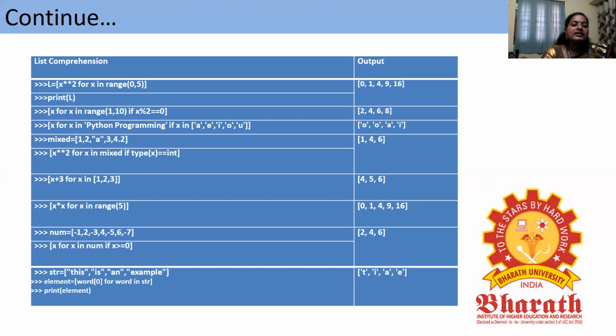How do you take the values using the range function? You have to take 0 to 5 minus 1, that is 4. Up to 4 only you have to take, and you have to square the value. You will get 0, 1,